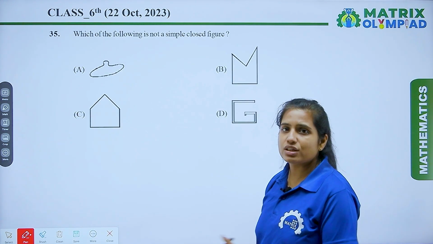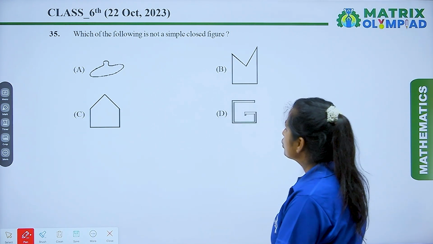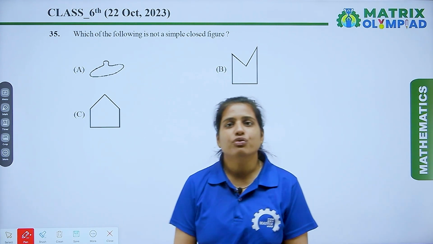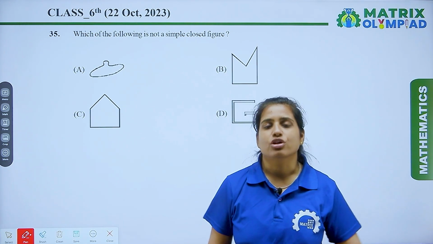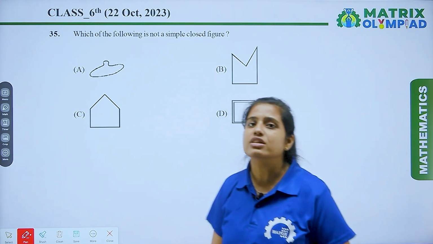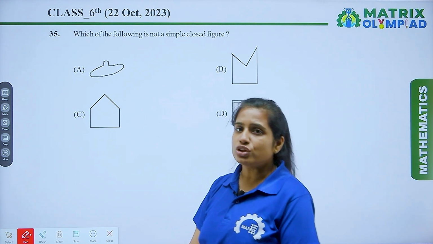Let's start another question. Which of the following is not a simple closed figure? So out of these 4 options, we have to find out which is the correct option, or we can say that out of these 4 figures, we have to find out which figure is not a simple closed figure. So for a simple closed figure,